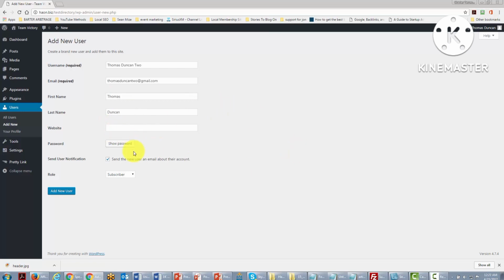Now, as we're setting up the account, we're going to make sure that the user is sent their email about their password and logging in. Now, that's not the most important thing. The most important thing for us to determine is the person's role. Now, if the person is actually going to run the site with us and they're going to be in charge of making some of the decisions, you may want to make them an administrator. That will give them the ability to bring people on or take people out. If they're going to have that level of authority and level of decision making, you want to make them an